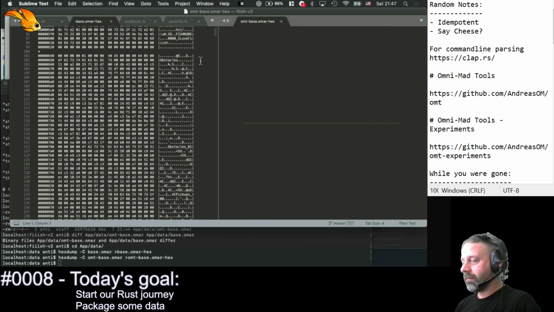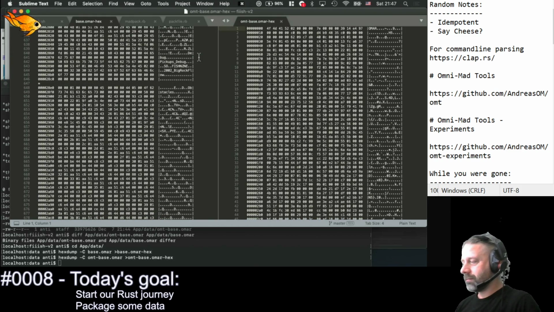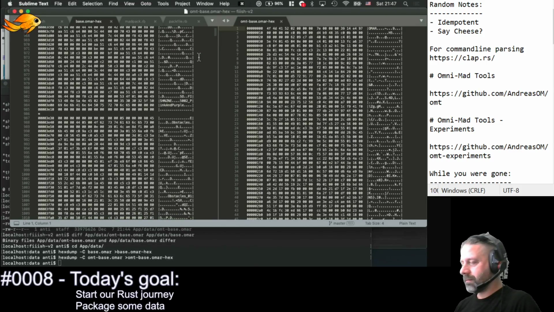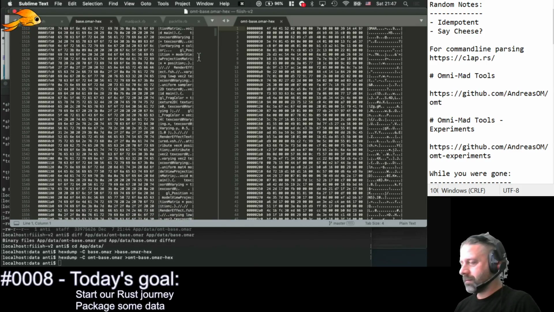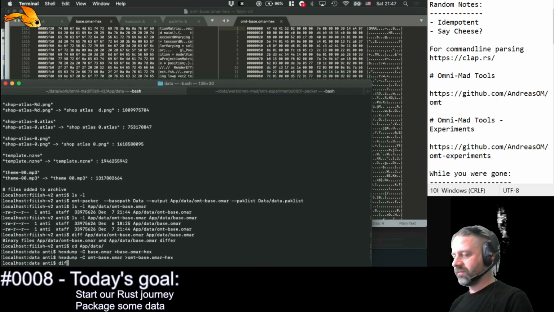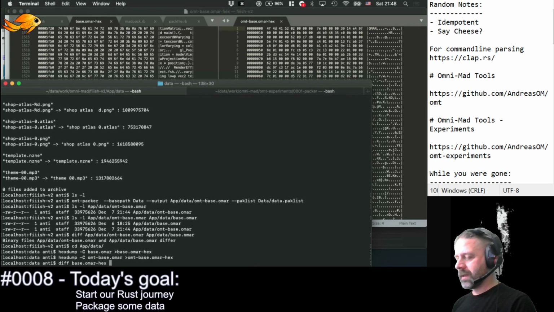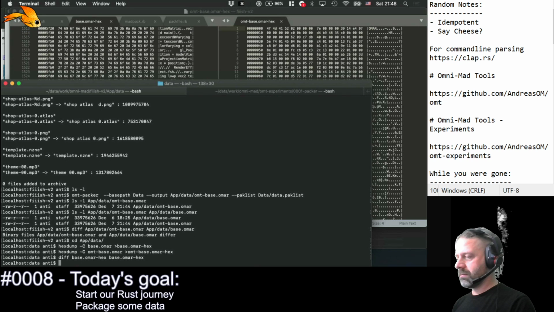I mean, can we just diff the left side is original and right side is the, wait, what? So the, oh,